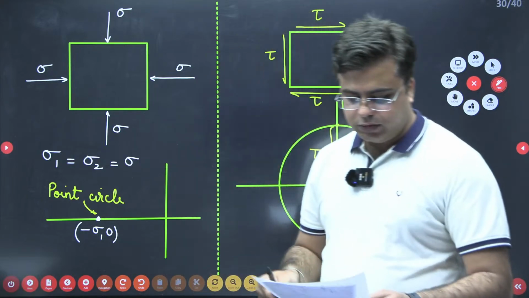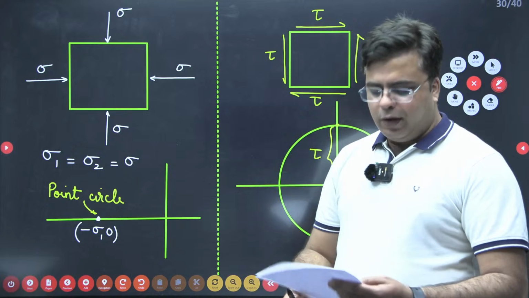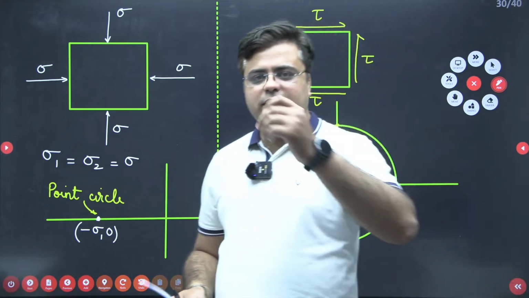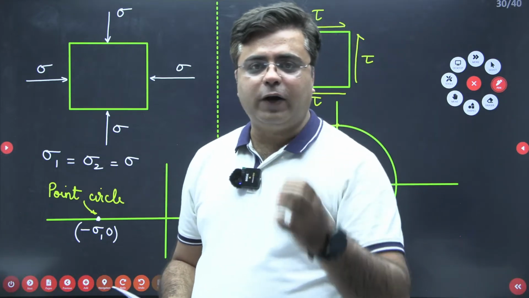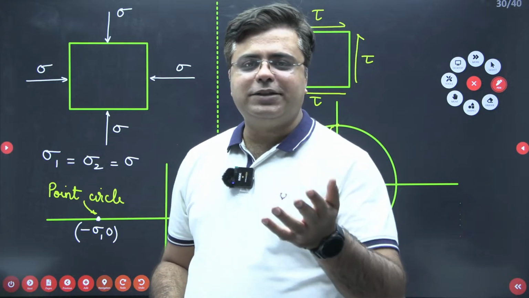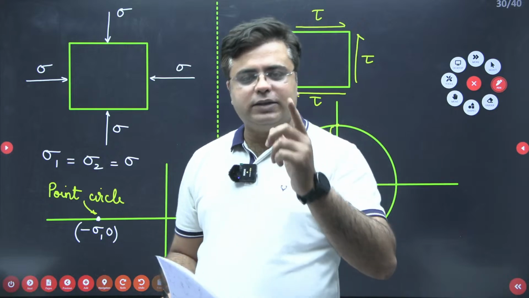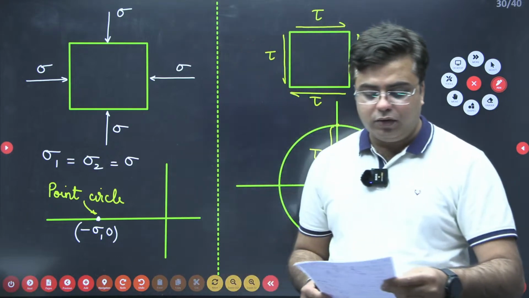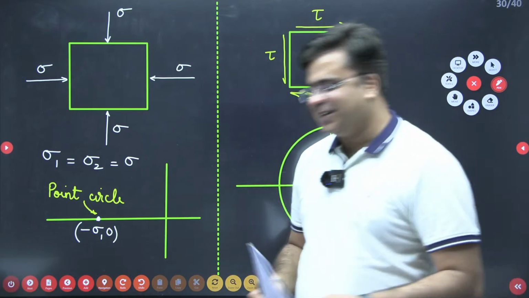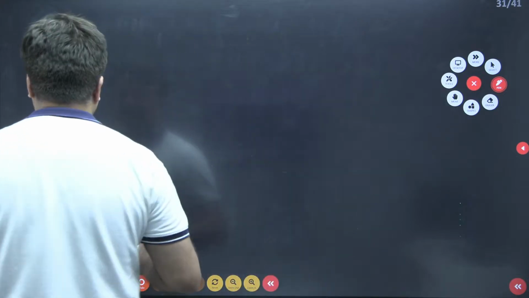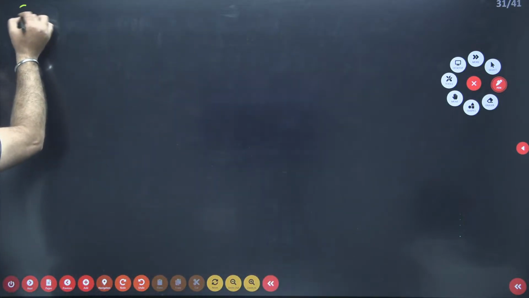So this was the question. Now next, you have one very, very simple question. Last year also we got one question where we need to find out the support reaction. And this time we got a continuous beam with internal hinges present in between and we need to find out the value of the support reaction. Such a simple question. Let's see this. So this is the next question.